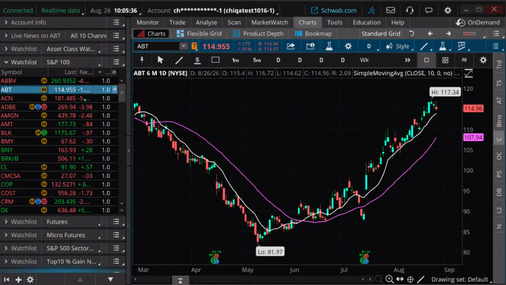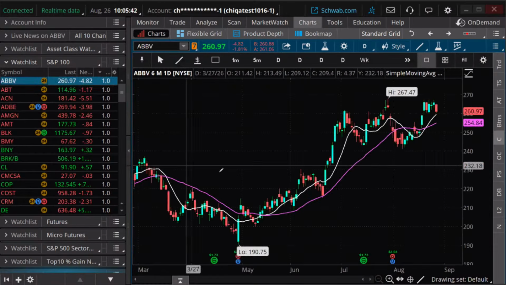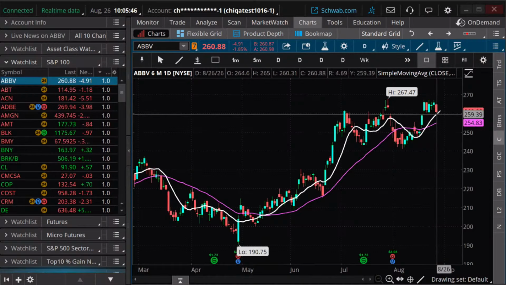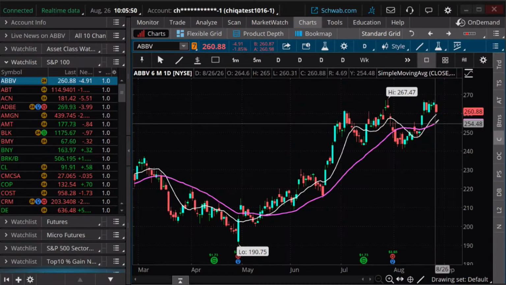And there you go. And just a reminder, on these scripts, they're not guaranteed for timing or accuracy here. So I think what we'll find is most of them, it should work, right? We're above our 10-day moving average, which is in the white. We're above our 30, which is in the lavender. And that would be, for most technicians, more of a bullish sign.